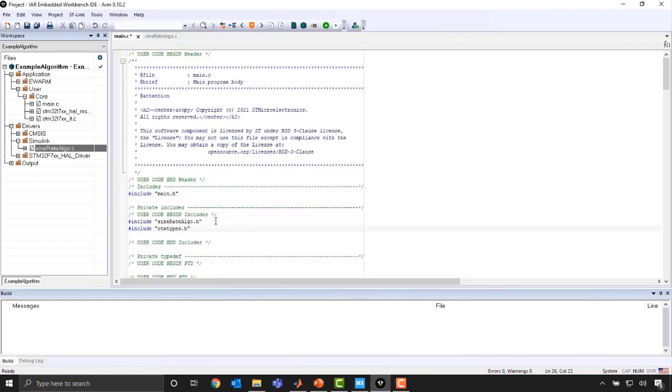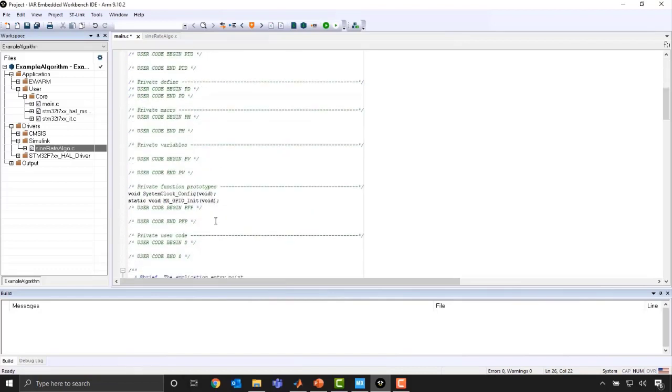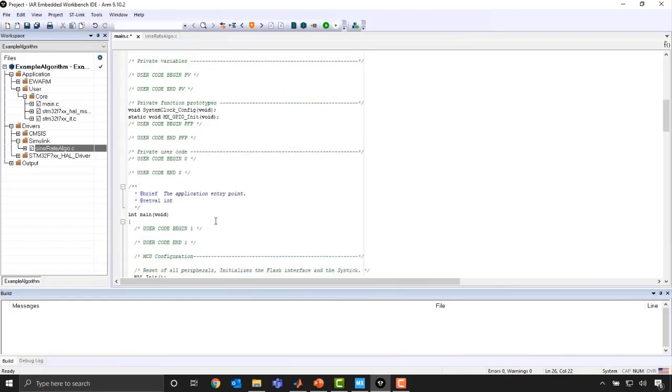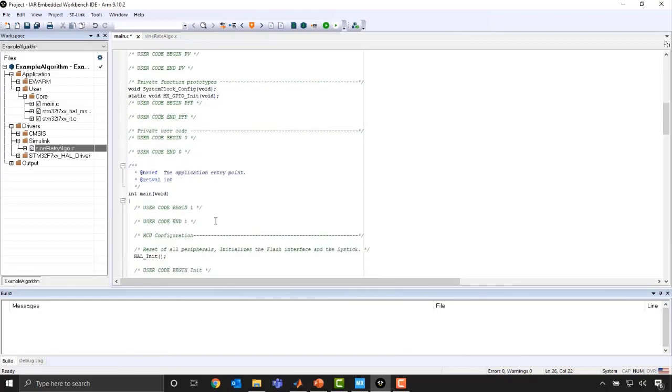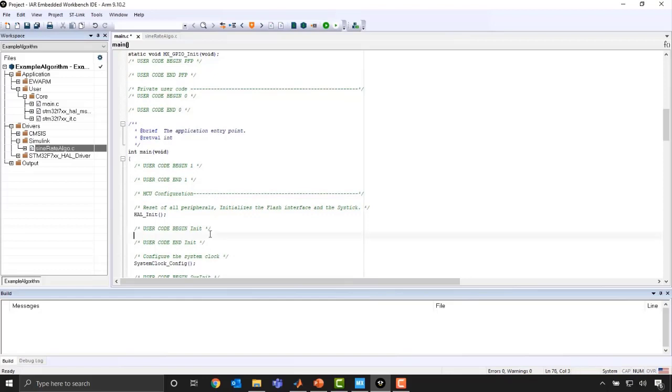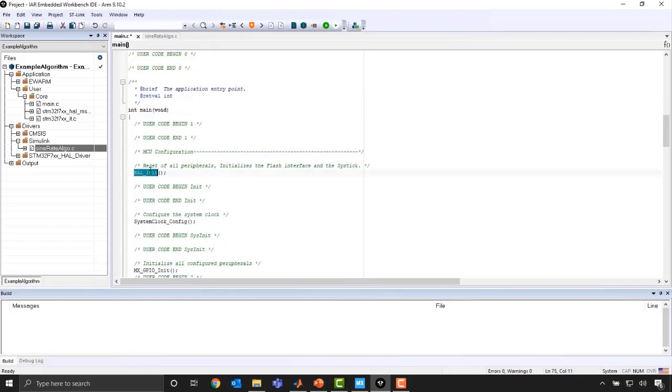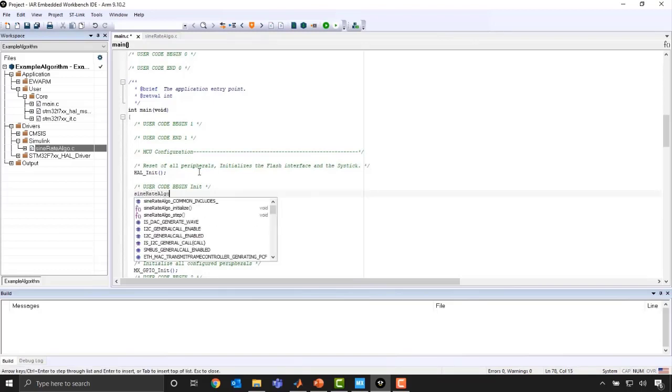The next thing we need to do is add some software into the main function. As you recall, there were two main pieces of the generated algorithm code: the init function and the step function. When we start this main function, you'll notice that this software has an init. This is going to reset all the peripherals and whatnot. We also want to make sure that we initialize the algorithm that we've generated from Simulink, right? So we can add the code here. Sine rate algo, and you'll notice here we have the initialize. We're just going to call that.